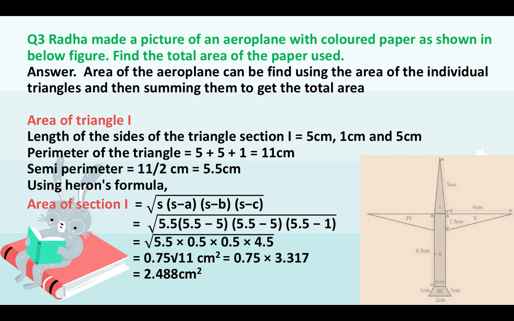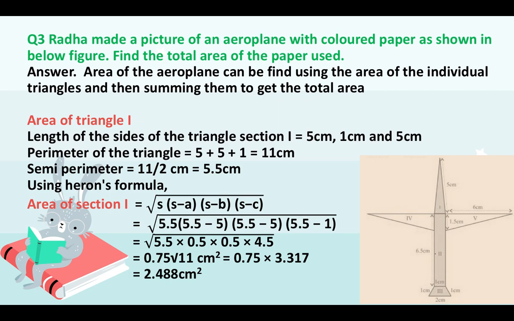Now third question. This is a lengthy question, big question. It consists of several parts, okay? It has several sections. The diagram is given to us. You can see the diagram which I have drawn. The diagram is divided into 5 sections. It's already labeled as 1, 2, 3, 4, 5. 5 different sections, 3 of which are triangular sections, 1 is a rectangle and 1 is a trapezium. So let's see how we will calculate the area of these figures.